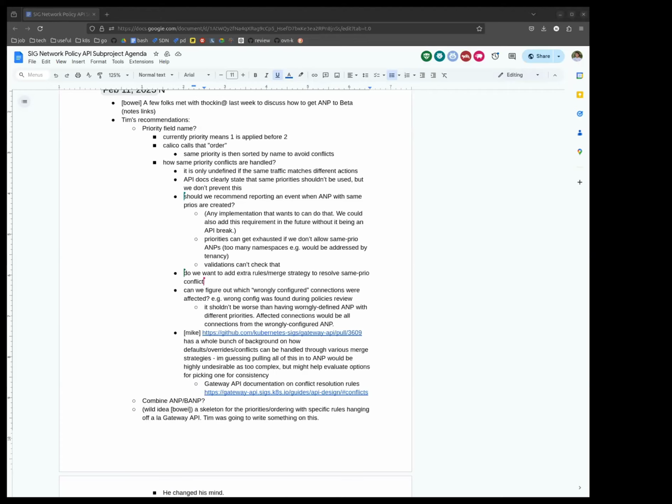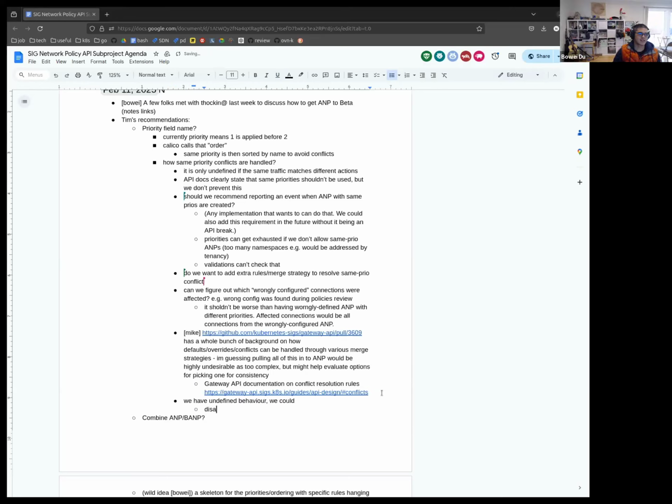So I feel like we can either reject this idea that you have multiple policies at the same priority. That's one way to make it clearer what's going on. But I think that would make it very difficult to deploy some kinds of software, and it would put an admin burden on the user. Although in that case, if the Helm chart's priority is not clear, you'd have to rewrite it anyway, right?